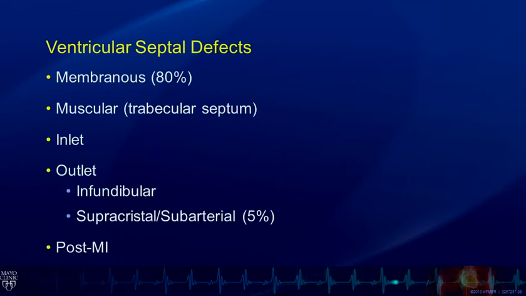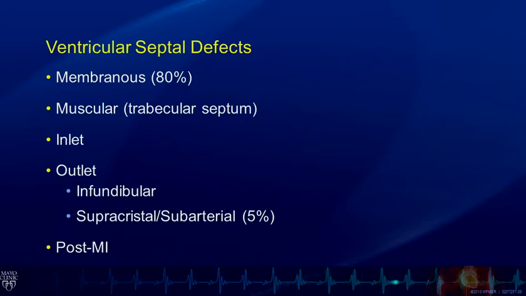Of the ventricular septal defects, about 80% will involve the membranous septum, and sometimes we call these perimembranous defects if the defect also has some extension into the muscular portion around it. So you may hear the nomenclature a perimembranous defect with inlet extension or outlet extension. Muscular defects do occur, however, and again are divided into inlet, outlet, and then we should consider the post-MI defect